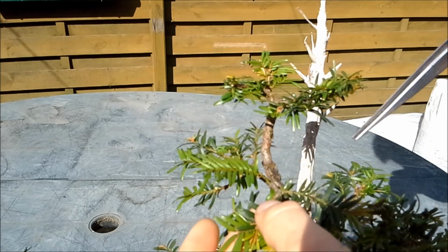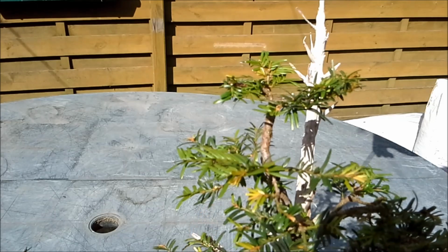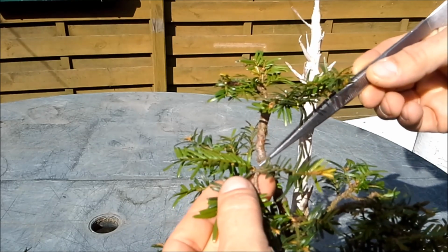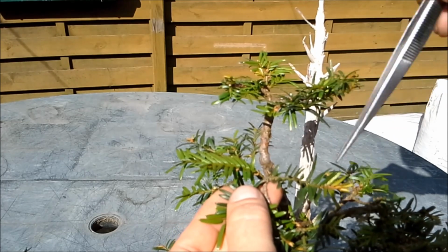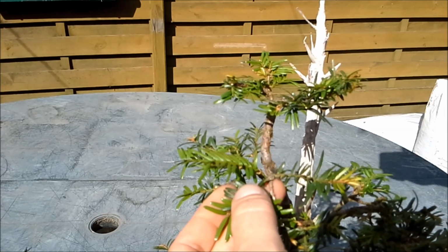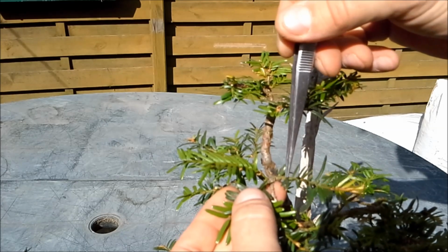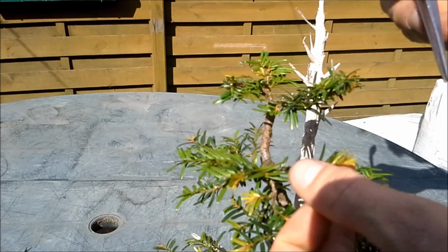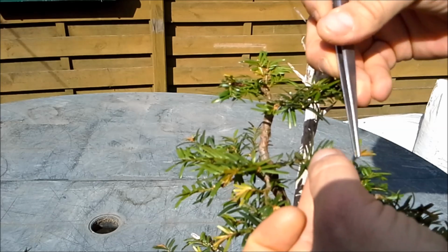So at the risk of repeating myself, I'm going to tell this again. So you see there is a branch here, and it has no side branches, which is not interesting. So there are two things you can do. You can cut back and then hope that new buds will emerge here, or you can just get the tip of the new growth